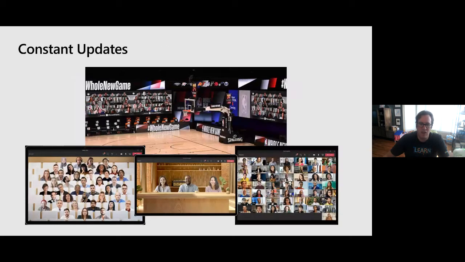This goes into that constant learning idea. So the top picture here is, if you're an NBA fan, maybe you've seen it, the virtual attendees. This is all hosted in Teams. So those major video screens in the NBA are done by Microsoft Teams. That's really cool. Then we have a new Together mode, which is supposed to reduce the